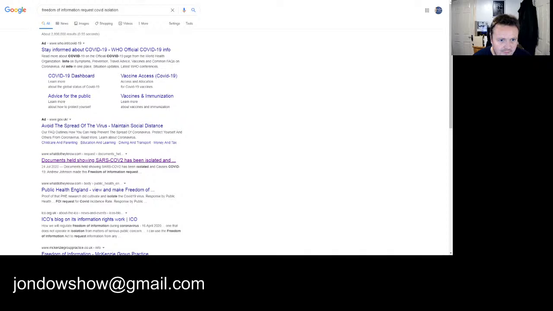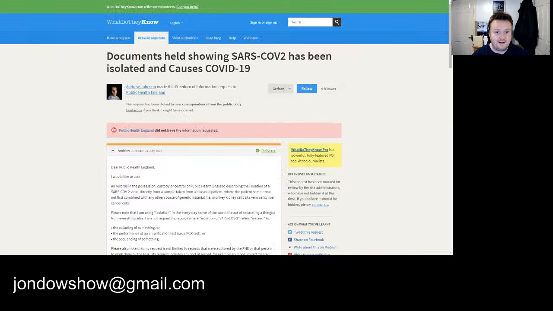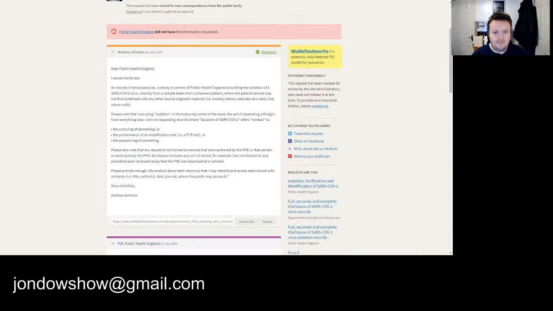What Do They Know? Document held showing SARS-CoV2 has been isolated. At first glance, Google's making it look as though they've already isolated the particle. But if we click on it, we'll have a look at this together. What we've got on the screen here is a letter that was written by Andrew Johnson on the 24th